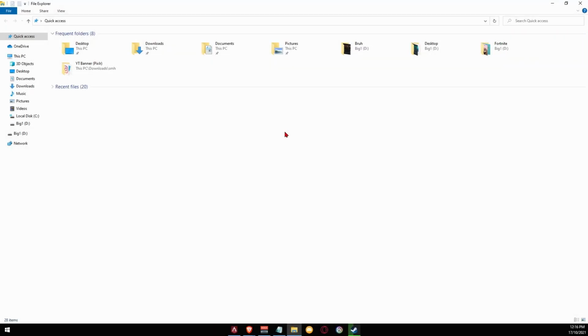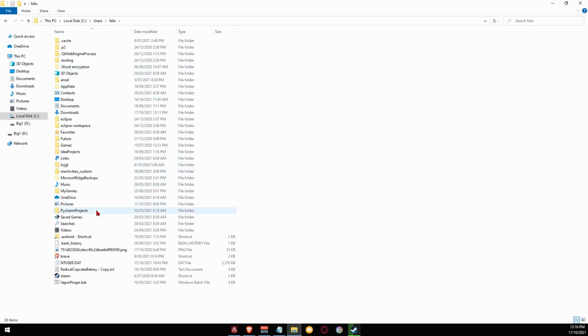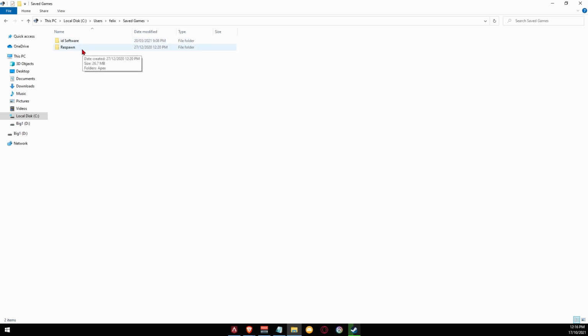So this next method is one of the methods that will make your game look pretty bad. So this is one of the more optional methods, but if you have a really low tier PC, I do recommend this because you will get a substantial FPS boost. So, go to local disk C, go to users, go to your user, go to saved games, then click on respawn, Apex, local, and then the video config.txt. Double click this,